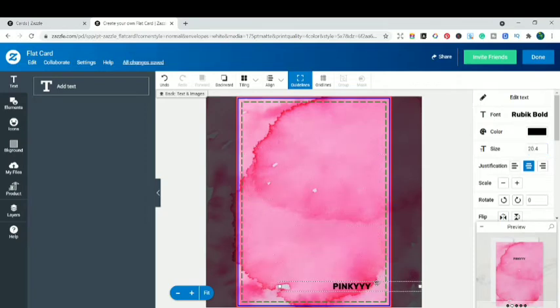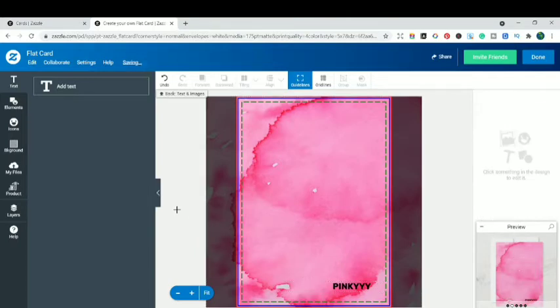Now this is not my brand name, guys. I'm just using an example over here to show you. If you are creating a card in the Jazzle, like a birthday card, and you want your logo or brand name at the back of the card, because if you see big brand companies with stationery products, they have the brand logo or brand name at the back of the card. It designates originality related to that brand, giving a unique touch to your own card and belonging to you.